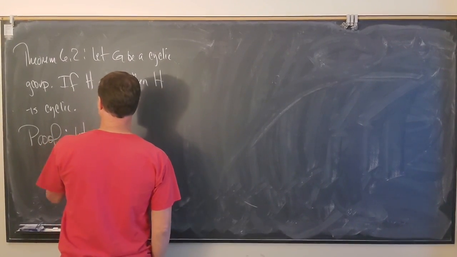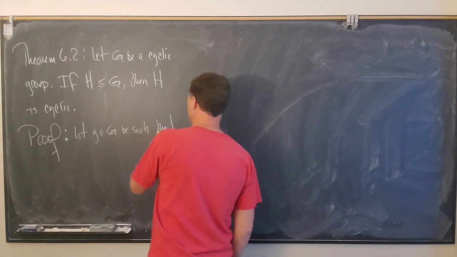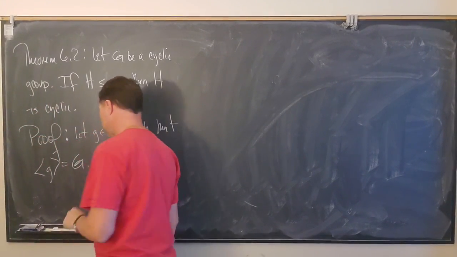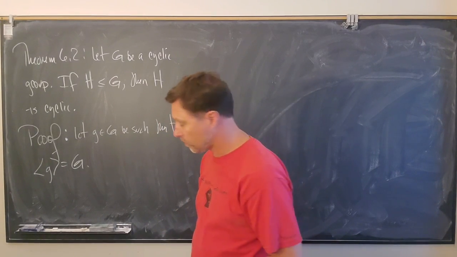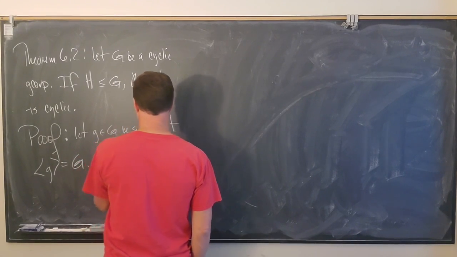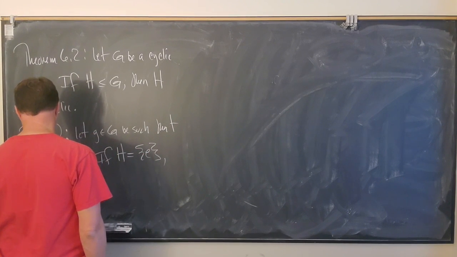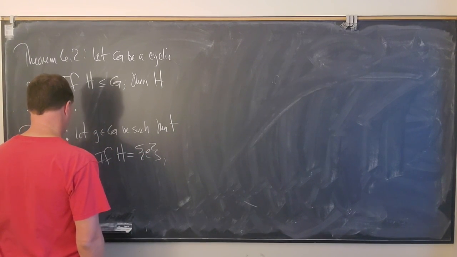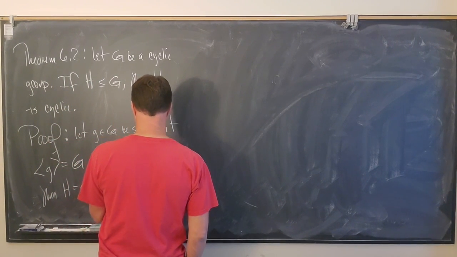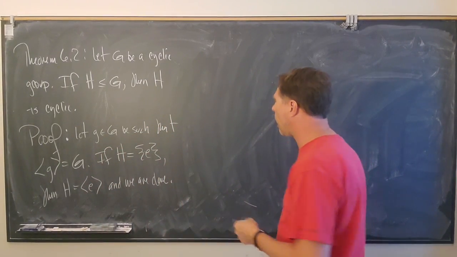So let's let little g in capital G be such that the subgroup generated by little g is equal to big G. So we've got a generator for capital G. Now, if H happens to just be the trivial subgroup, then of course it's cyclic, right? So then H is the cyclic subgroup generated by the identity, and we are done. So we're just getting the case of the trivial subgroup out of the way. Otherwise,